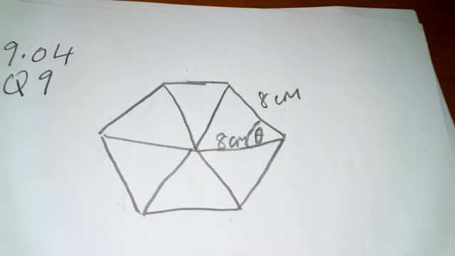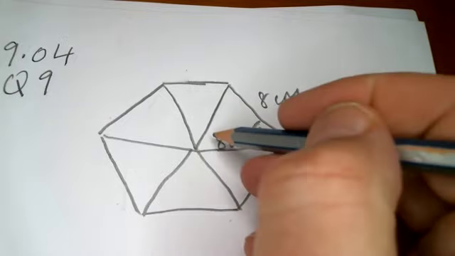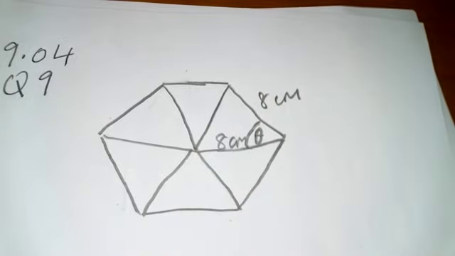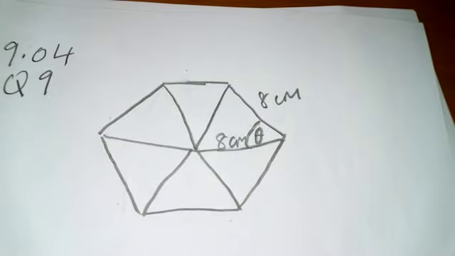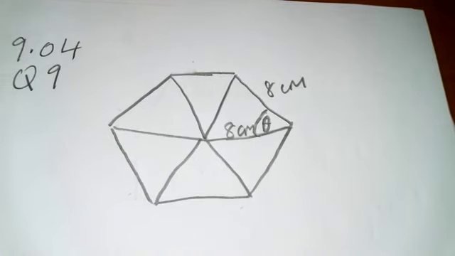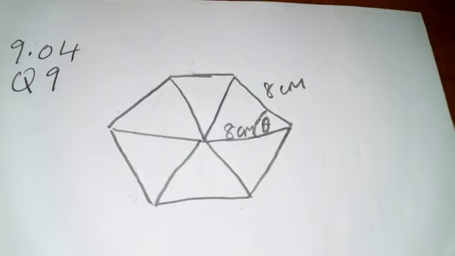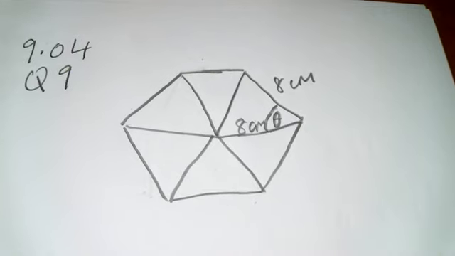But we've been asked to find the area of it, and the outside sides are 8. Of course, actually all the sides are 8, because in any hexagon, if you break it up into its respective triangles, each of them is an equilateral triangle, and we can prove that in various ways. Nonetheless, we need to find the area of it, and there are various ways of doing that. They obviously want us to use the sine area rule, but